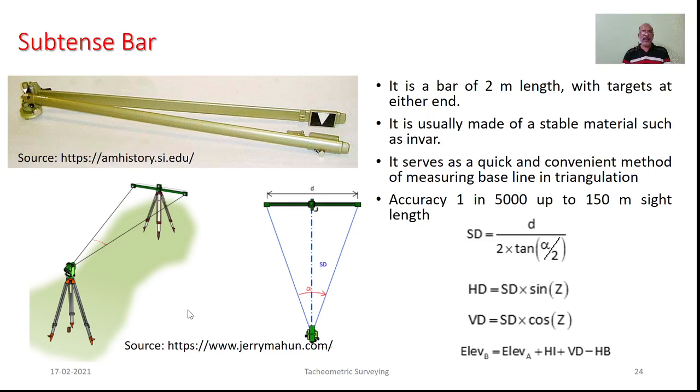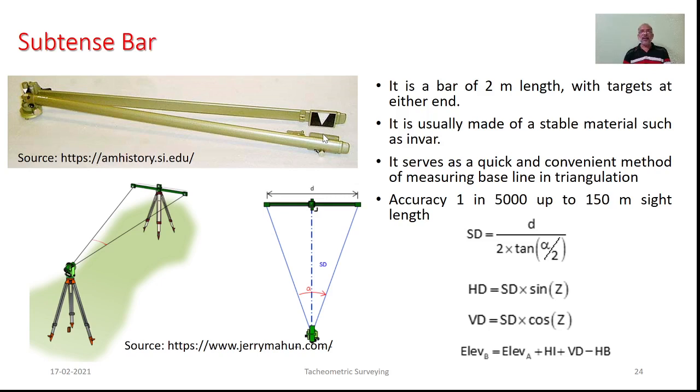The way you see here, it involves the subtense bar, which is a folded bar having a fixed length of 2 meters, which is provided with 2 targets at either end. The way you see here, these 2 targets are kept at a constant distance of 2 meters,